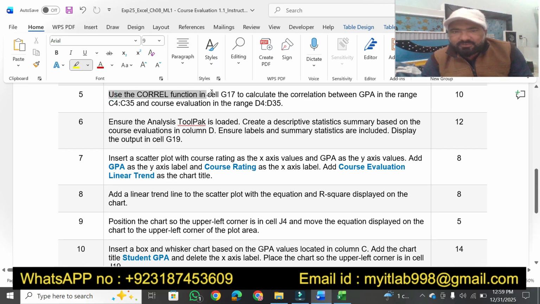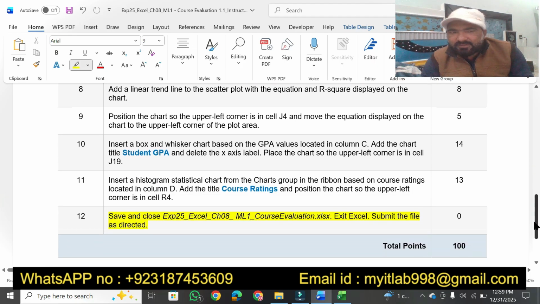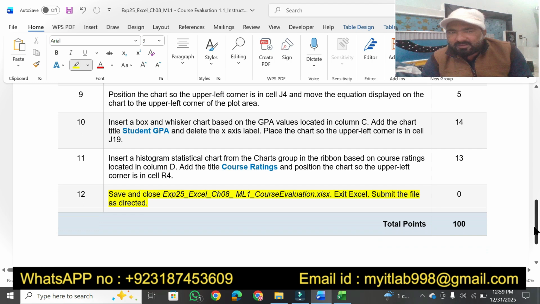Use the CORREL function in G17 to calculate correlation between GP in the range C4 to C35 and course evaluation in the range D4 to D35. So we will solve this question number 5 by using the CORREL function. Same way we will solve question number 6, 7 step by step, and then till question number